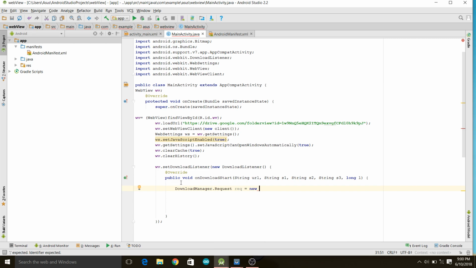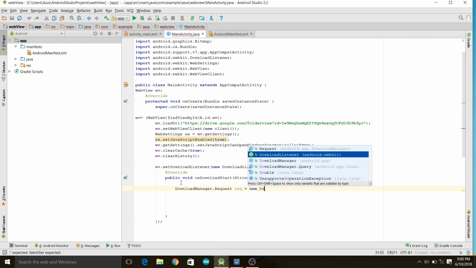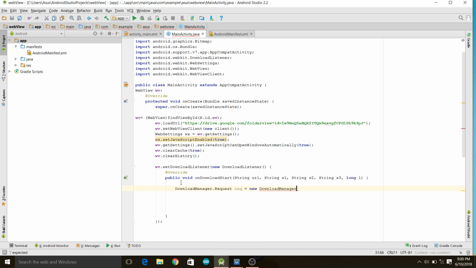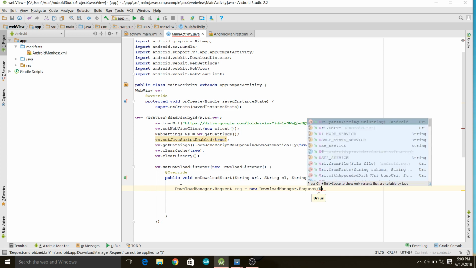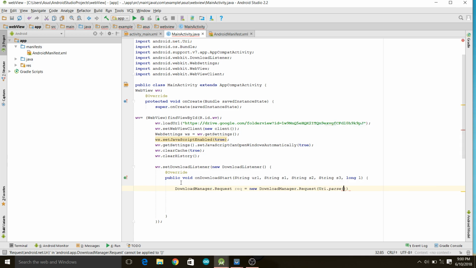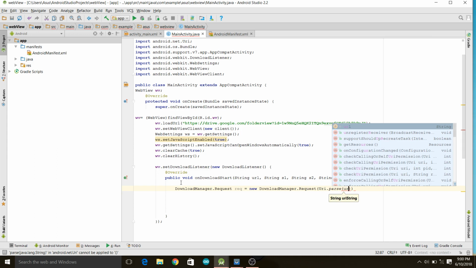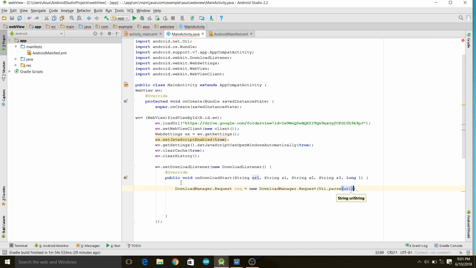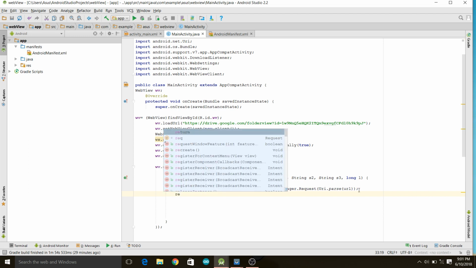new download manager dot request. So download manager dot request and request type URI shown here. So URI press and that URI will be URL. Now with that done, we need to set the notification visibility once the download is completed, download status. So we set req